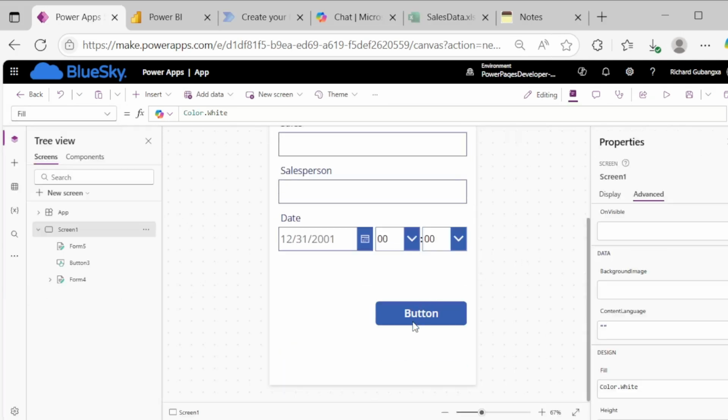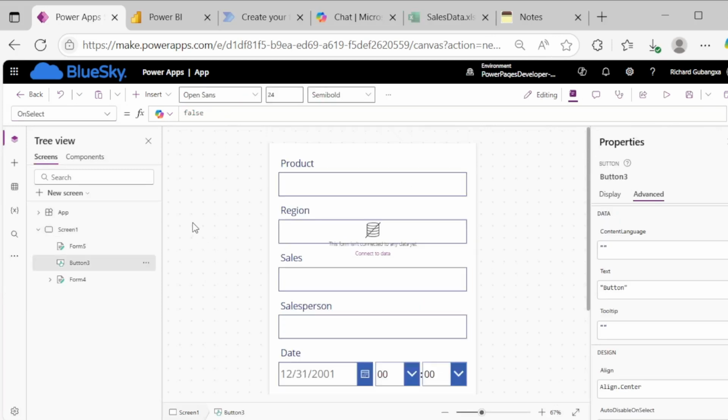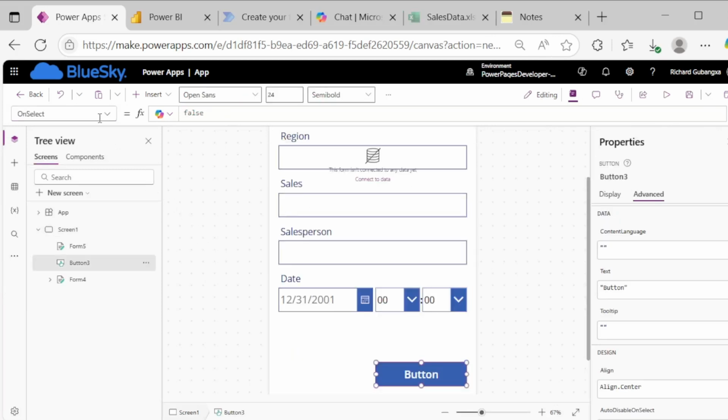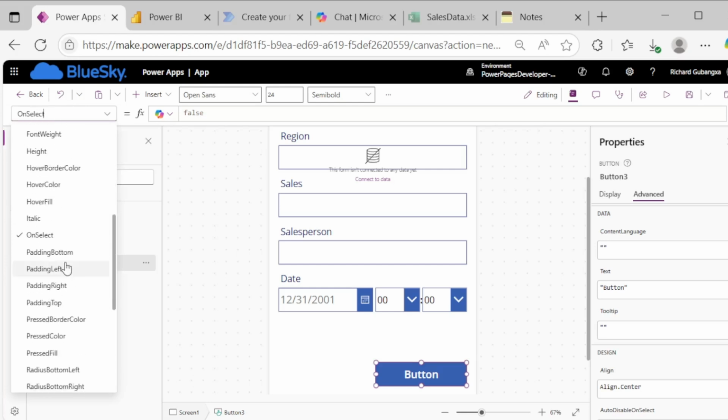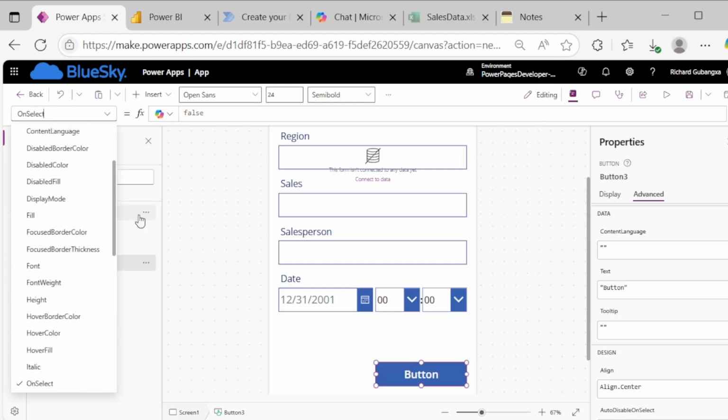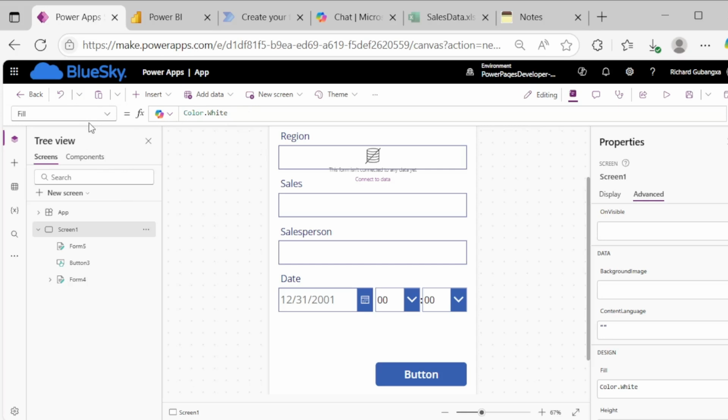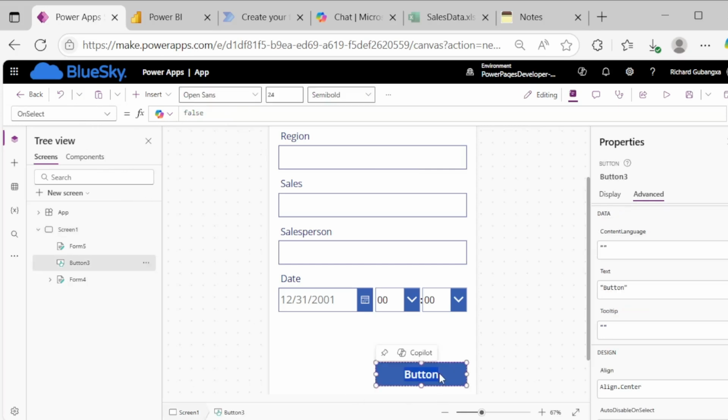Okay, cool. So let's quickly go to the button. What we have to do is make sure that when this button is clicked, it will actually submit the form. So how we do that is we just simply click on the button,